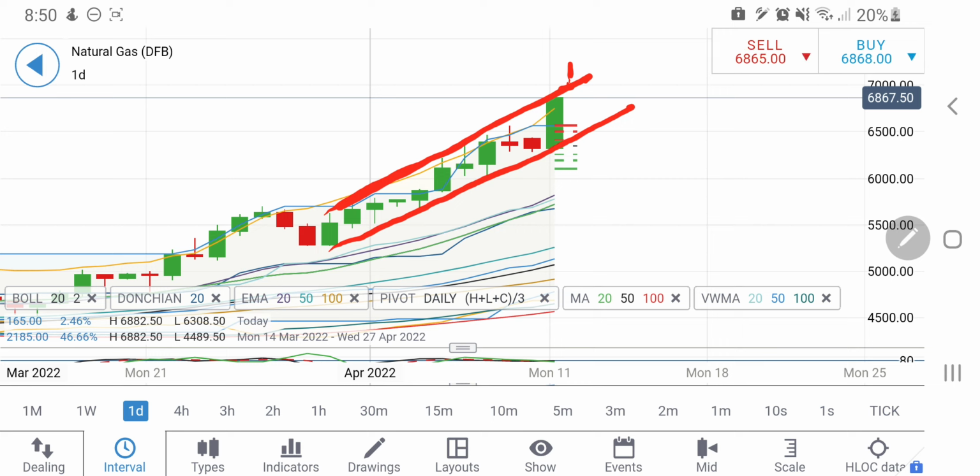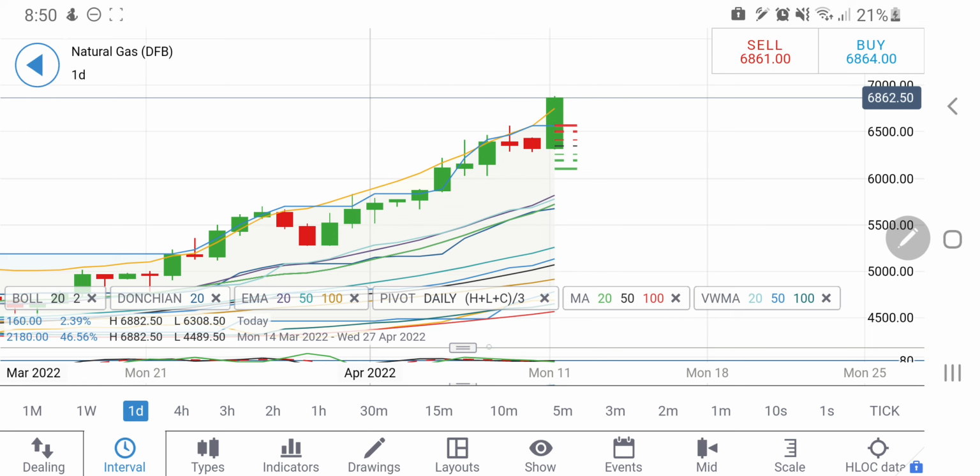Between 6.8 and 6.9, don't trade. Below 6.8, yes, you can go short for 6.7, 6.5 levels. In fact, it can come back till towards 6.45, 6.4 levels also. So I'll be watchful. This is going to be strong support at 6.4, 6.5 zone. So I'll be watchful and taking the trade cautiously here.